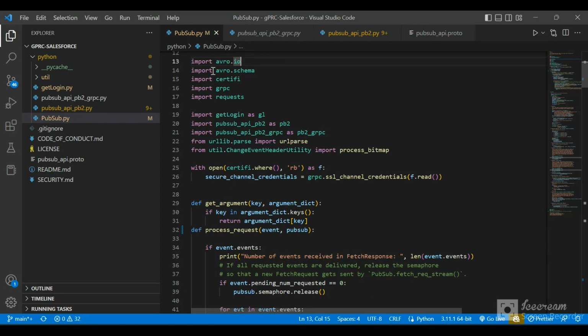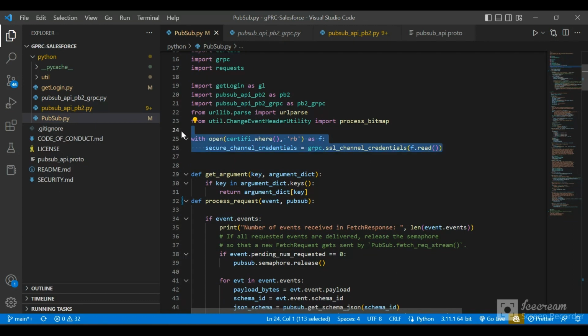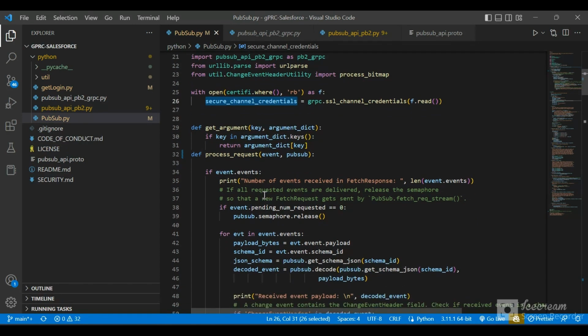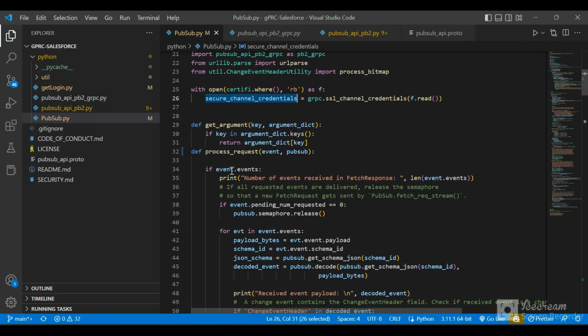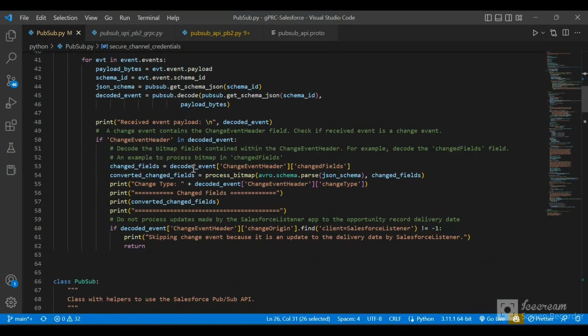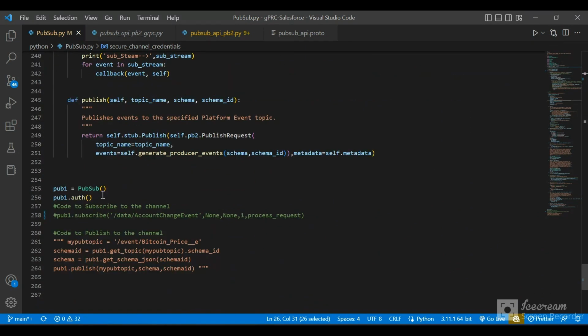So we are importing the certifi module here. Certifi, this code is being used to securely use the SSL certificates to securely connect to the Salesforce server. So we are storing those in the secure channel credentials variable. Then we have these two methods. So we'll discuss that later. And we have these two